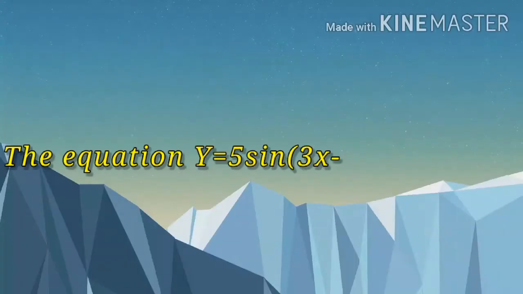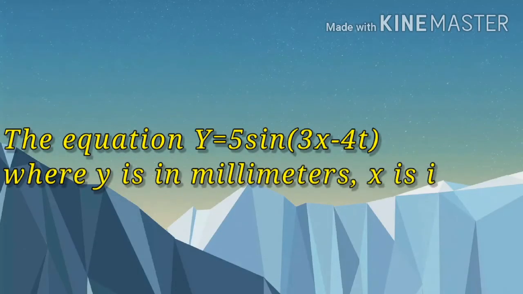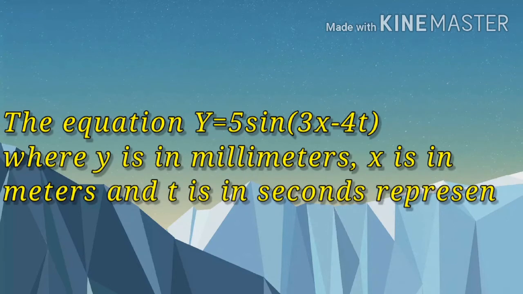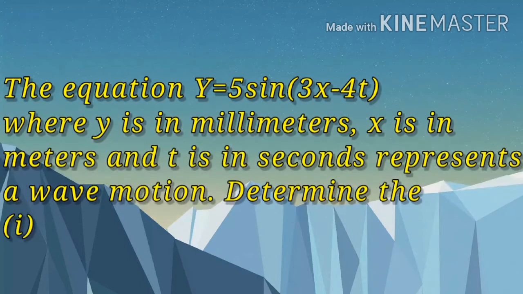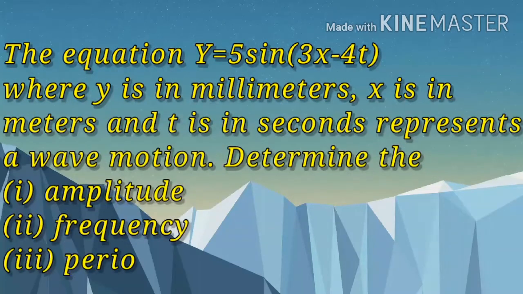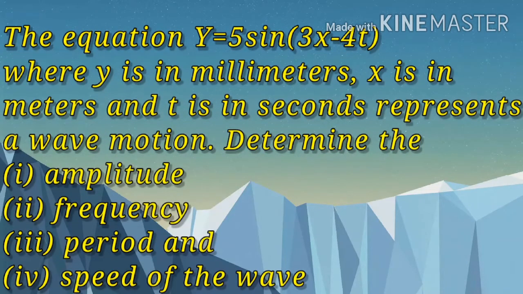Now let's do another example. The equation y equals 5 sine bracket open 3x minus 4t, where y is in millimeter, x in meter and t is in seconds, represents a wave motion. Determine a, the amplitude; that's the first thing to determine. The second one, frequency, the third, the period, and the fourth, we have to determine the speed of the